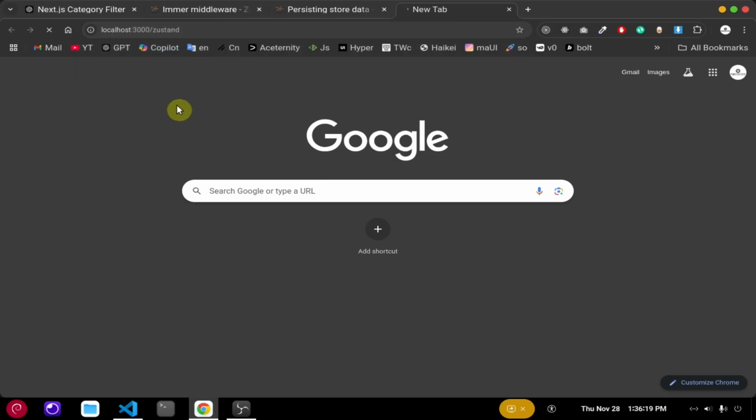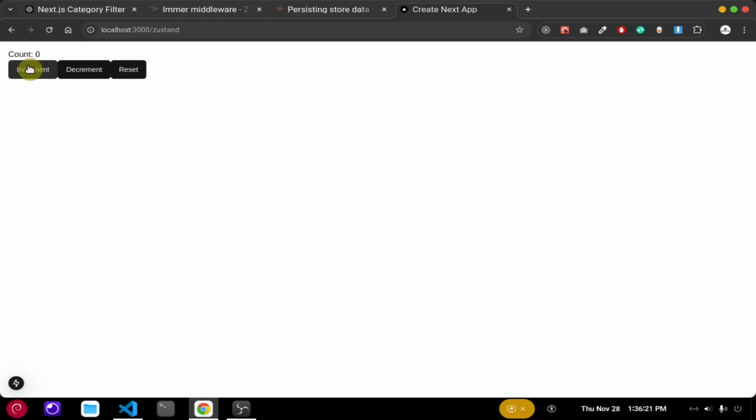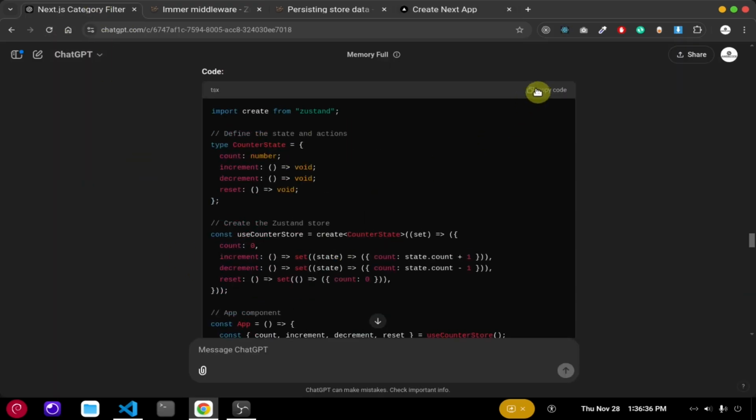And it is very easy. Click increment. Oh, it is incrementing, decrement, reset, and if we increment like 4 and reset or refresh, it is just 0, but we can persist data. So before doing this,